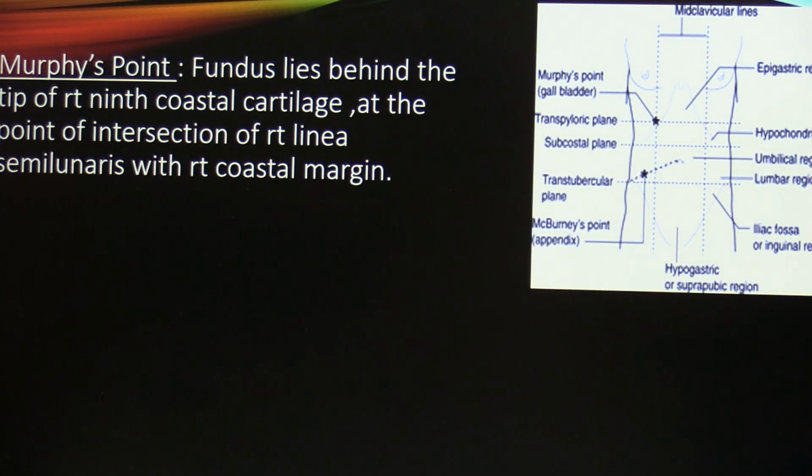Another important clinical point is Murphy's point. It is in relation to the surface anatomy. The fundus of the gallbladder lies behind the tip of the right ninth costal cartilage, at the point of intersection where the right linea semilunaris meets the right costal margin. So it is important because, by surface anatomy, the fundus lies at this level